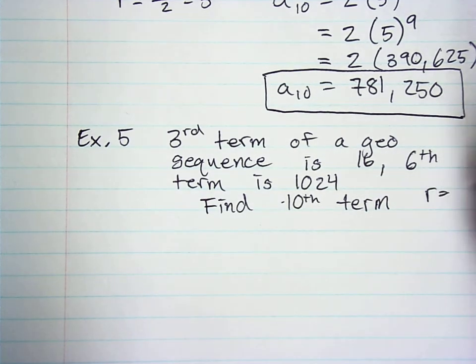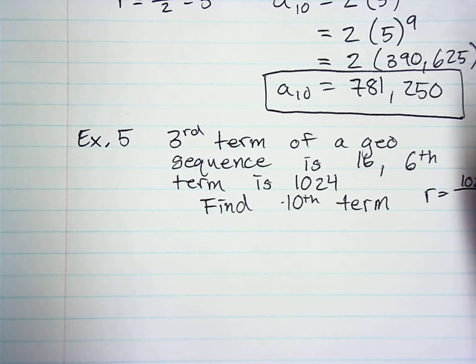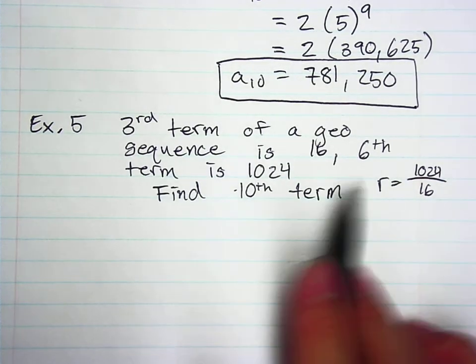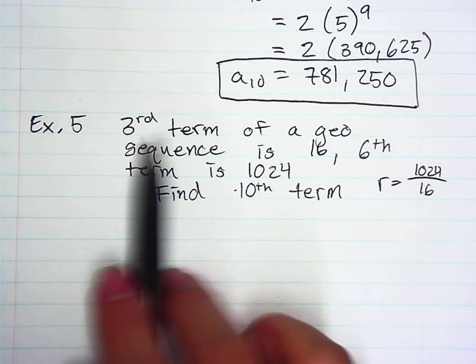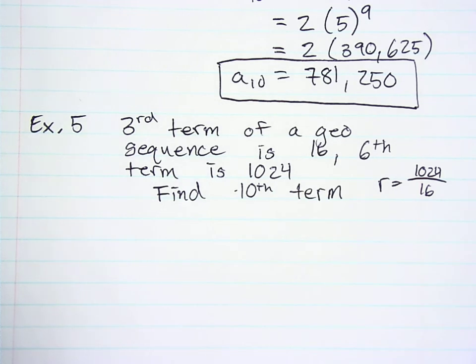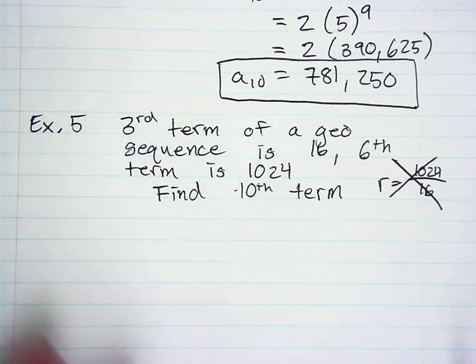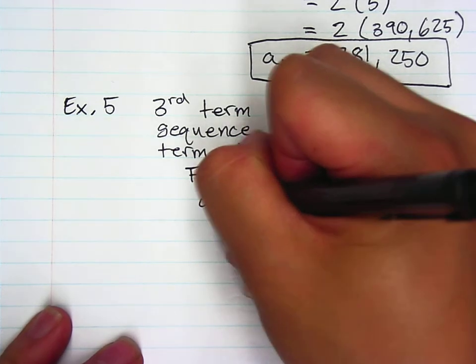Because if I were to do that, that would give me an r value that's actually not the r value for this problem. The reason is because the third term and the sixth term are obviously not consecutive with one another, so that would not be what we do. Instead, I'm going to have to use